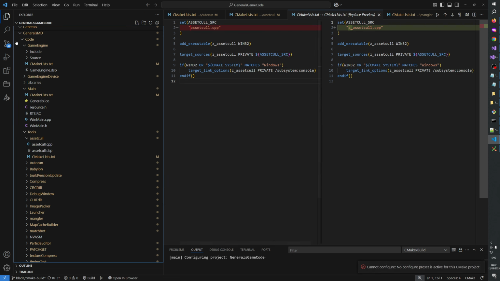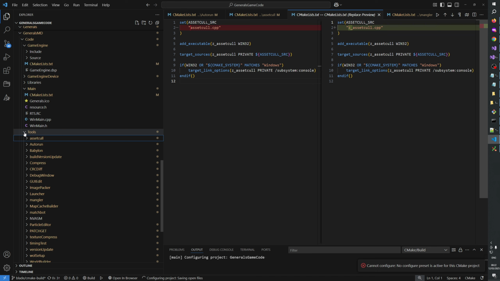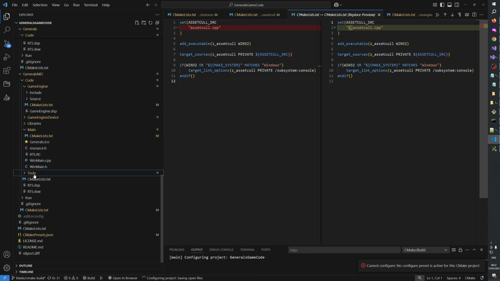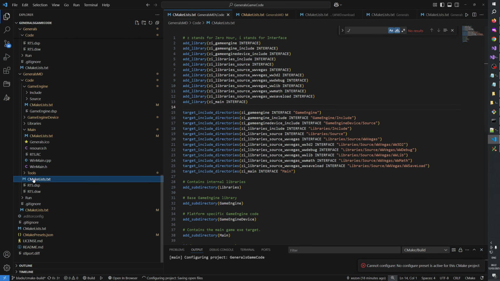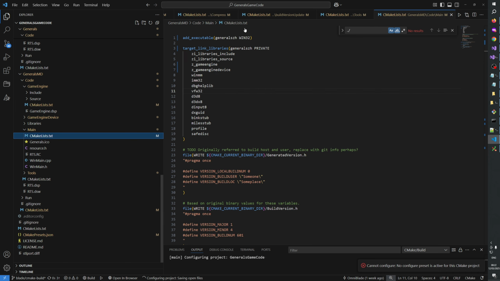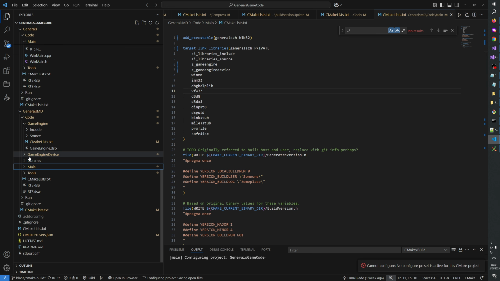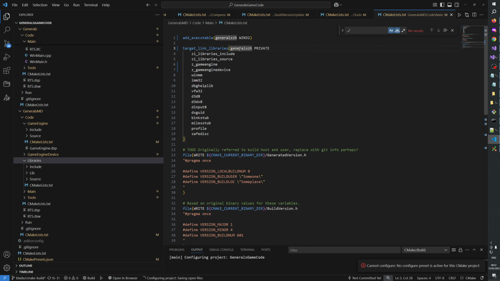Okay, so there's probably a few more things we have not done yet. Let me see. So we went through all the tools. We renamed this one here. Maybe we should actually call this